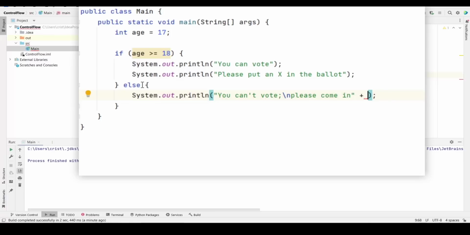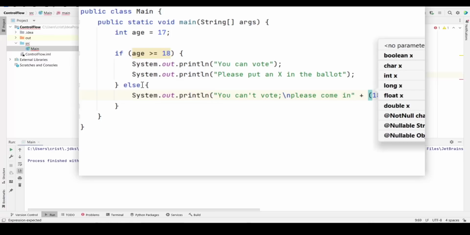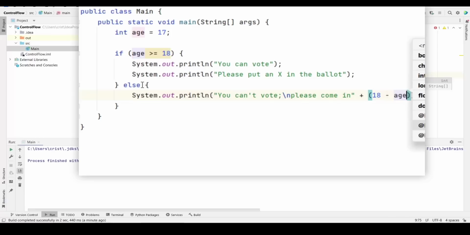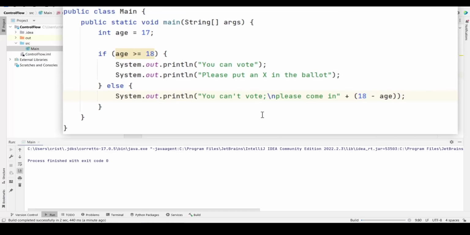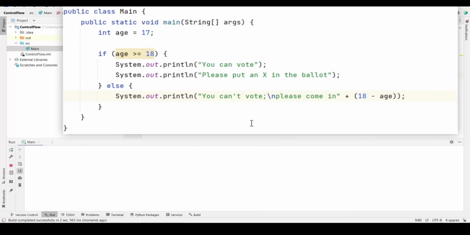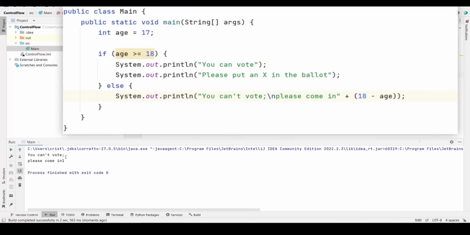Let's put in parentheses 18 minus age, and that is going to give us what age this person who tried to vote has. So if you run this, it says you can't vote, and then it says please come back in, and let's put years here.